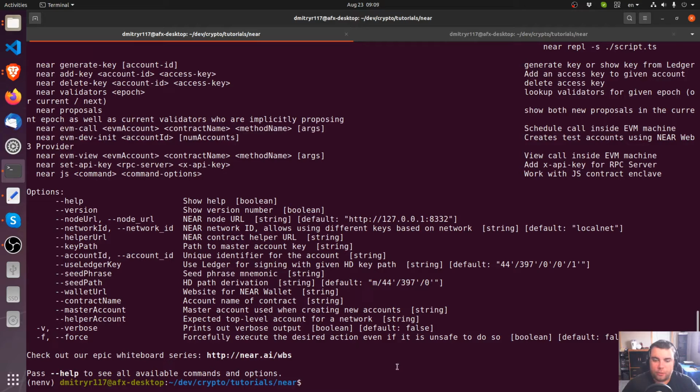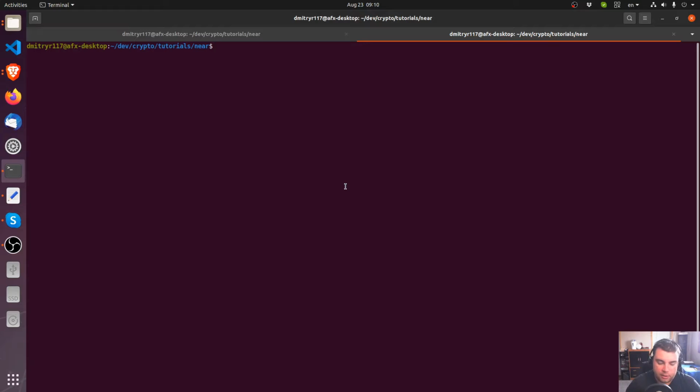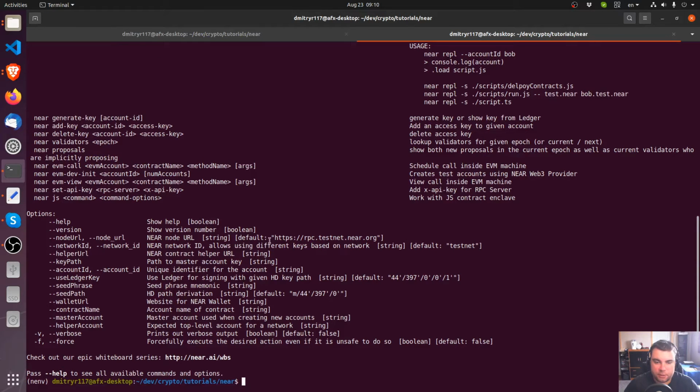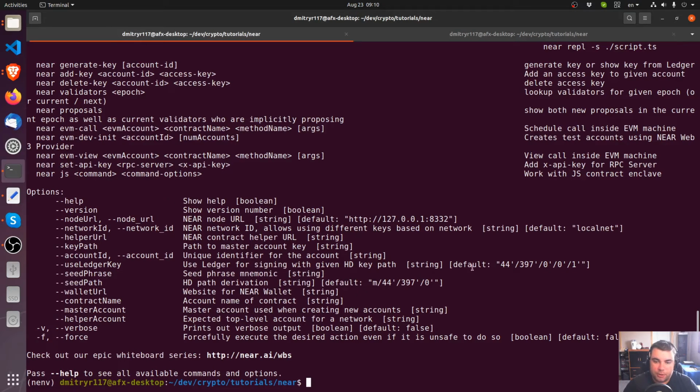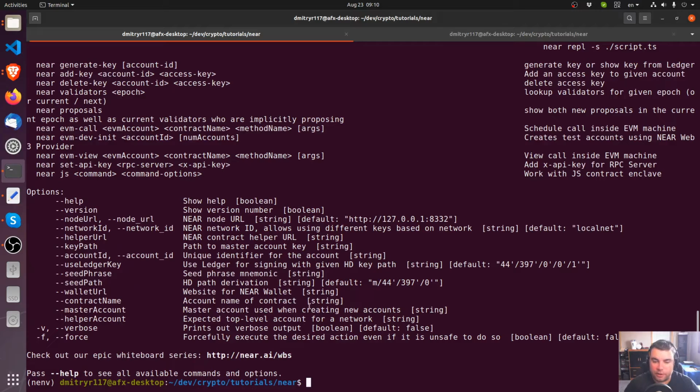One thing I want to mention before we move on: in this terminal I ran the configuration file. However, if I open another terminal window and run near here, actually I need to enter the NenV environment as well still. Hold on a second. Let me just run near from inside the environment. You can see that it is still pointing at the address outside of my local system. So the configuration in this terminal window has not been set like it has been in this terminal window. So if you need more than one terminal window to run with the localhost configuration, you will need to run this source near config shell script in each of the terminal windows that you need that to happen,